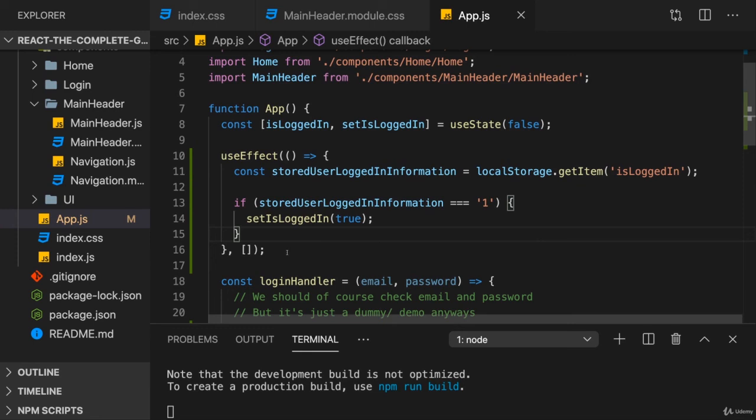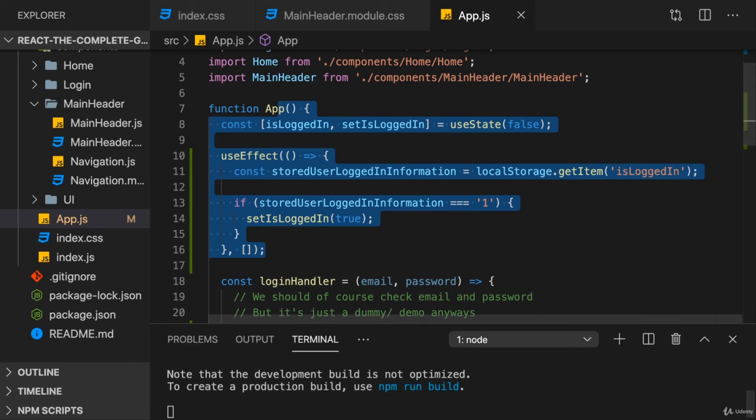This data fetching is a side effect. It's not directly related to the UI. Of course, the result is, but not the data storage access itself. And we want to run it as a side effect with useEffect in this case to avoid an infinite loop and to make sure that this code, which potentially could also be performance intensive, does not run for every component re-render cycle, but only if we want it to run.